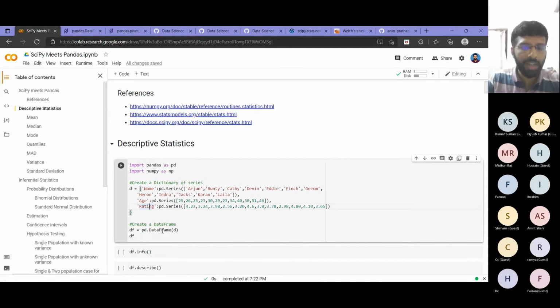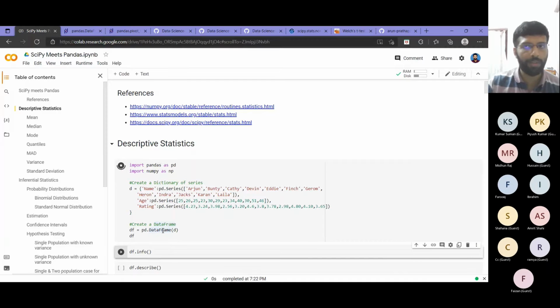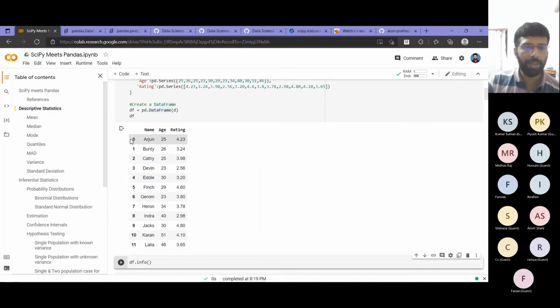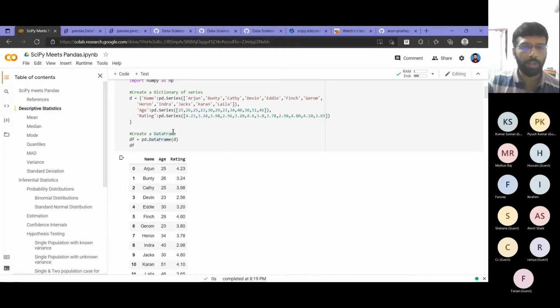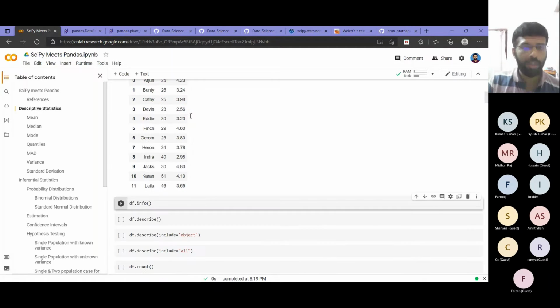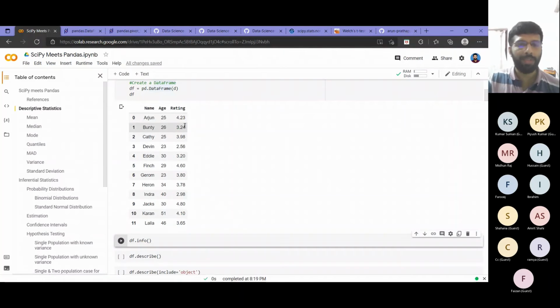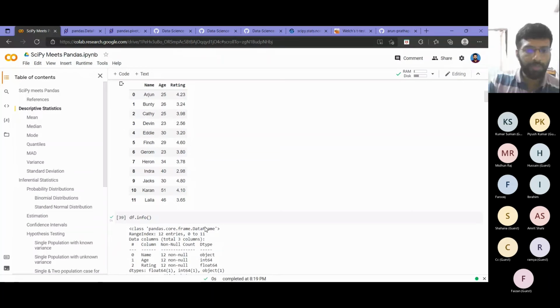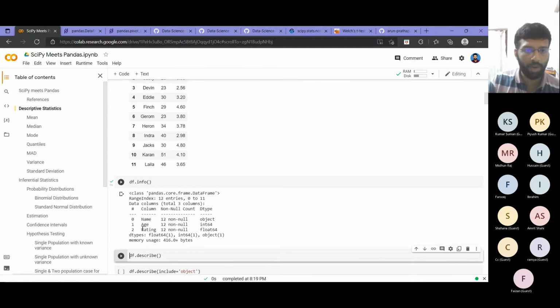So like that, if I have a dictionary, then I can create a data frame using the pd.DataFrame constructor. I will try to print that data frame. As we can see, I got index 0 to 11, which is 12 rows, and columns name, age, and rating, 3 columns. The entries correspond to whatever I passed as values in the dictionary, right? So now let's find some basic pandas information, which is available in the library itself for this particular data. One is df.info. df.info basically gives me how many columns are there, how many valid non-null entries are there in each column, and the type of each object.